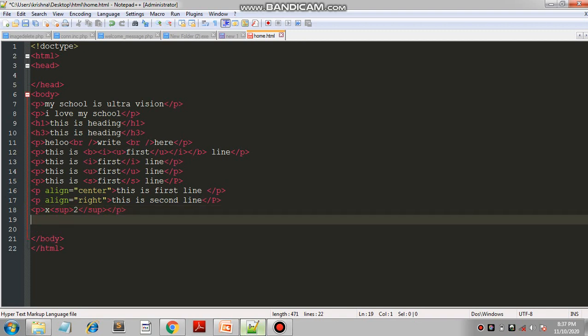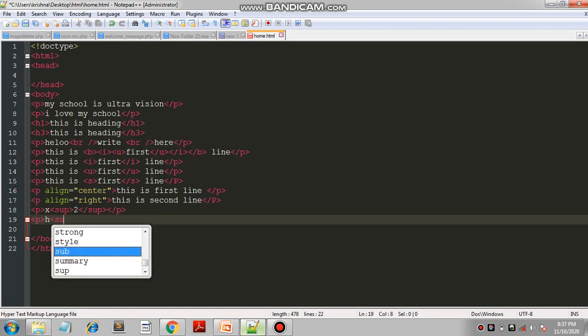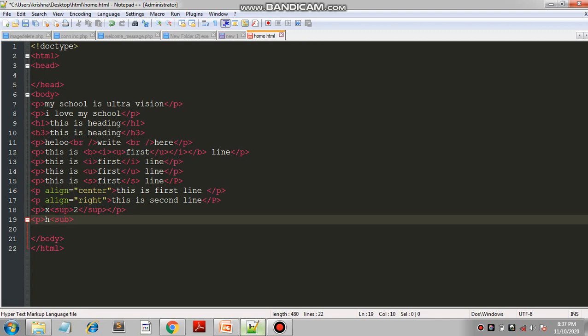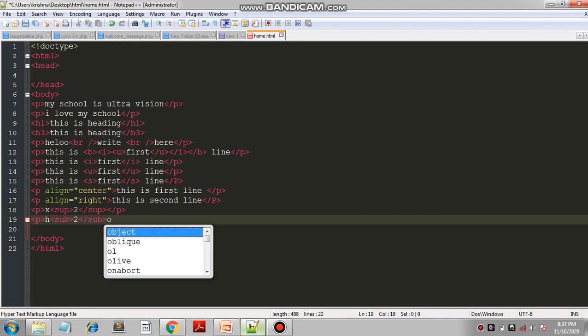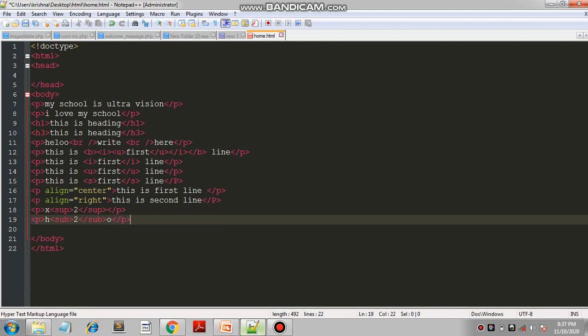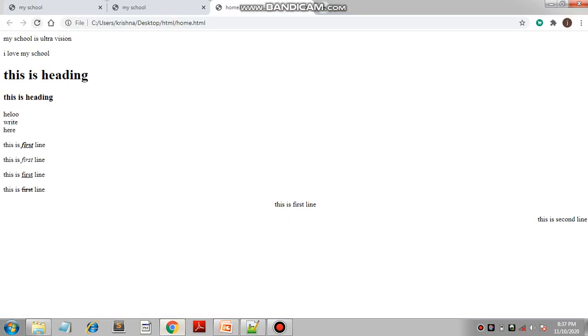Same as subscript, we use a p tag, H, sub for subscript 2, again end of sub, O and end of p tag. Now Control plus S. Go to Google Chrome and see the effects. See, here X squared is in superscript format and H2O is in subscript format.